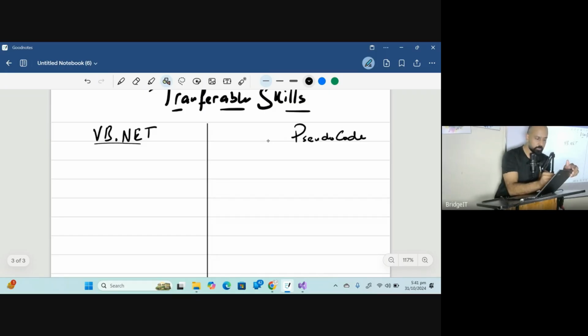In pseudocode, if we need to declare a variable, we write something like this: declare the name of the variable, which can be price, colon, the data type. In VB.NET, we can do this like this.